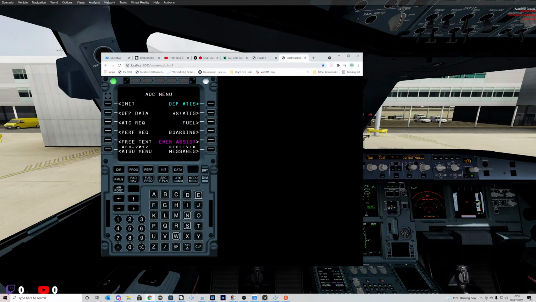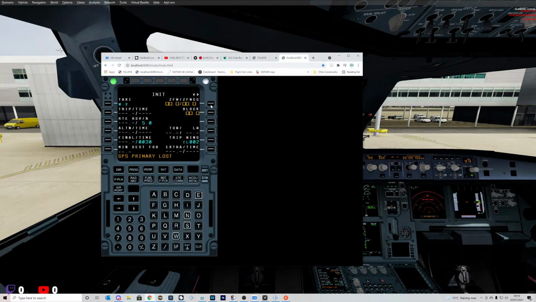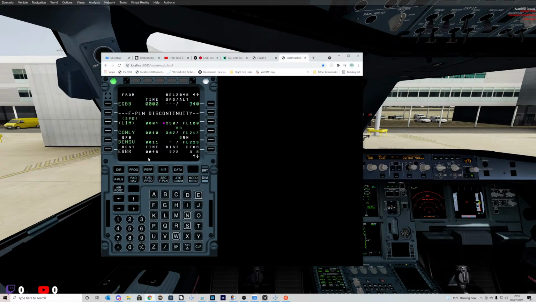Next is our takeoff data, so into init. Let's pop in the zero fuel weight and the block fuel. Flight plan. Now I don't think we have any controllers online. We don't, so